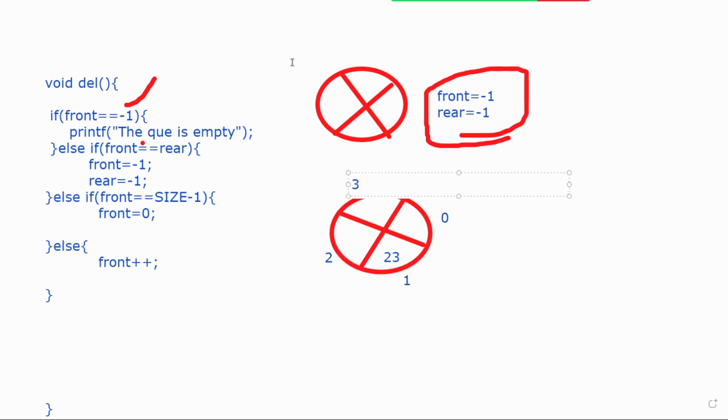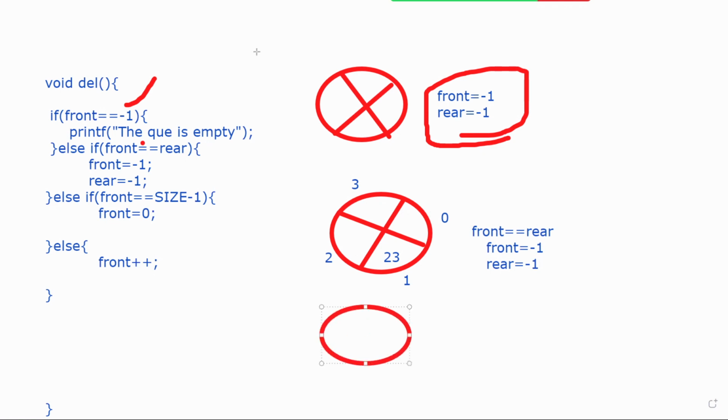In this case, your front equals rear. Then we will bring both of them to -1. Also rear to -1. Now, the third case is